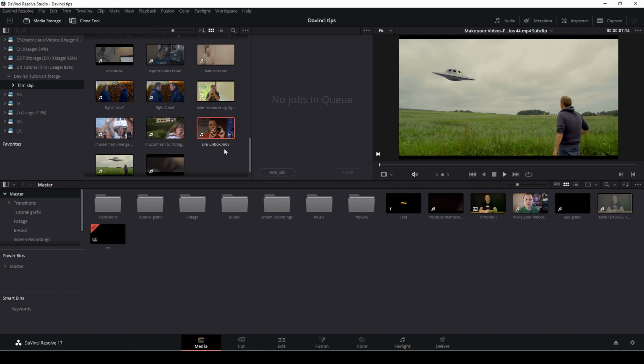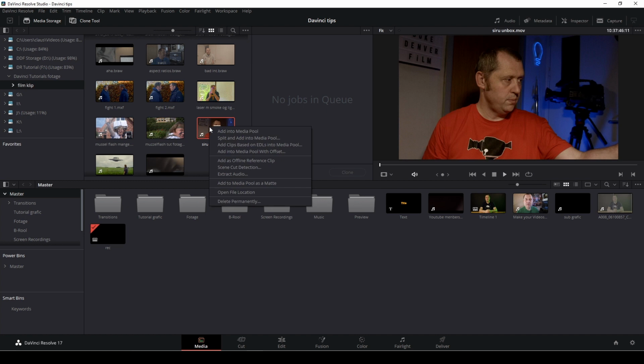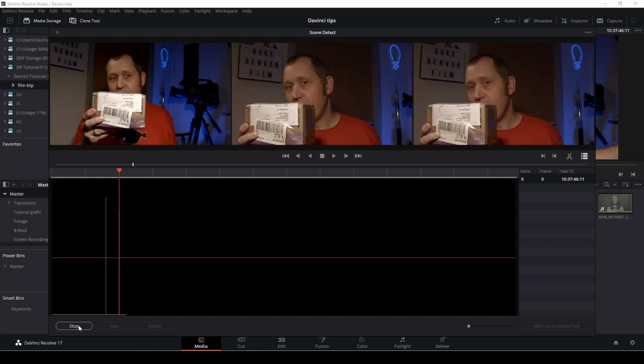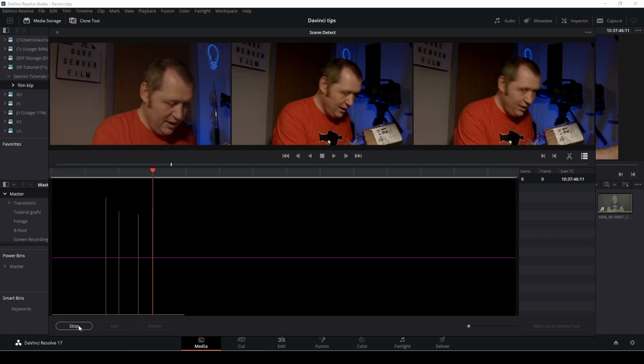So for this example, I have here a recording of a review I did, and back then I recorded this with the ATEM Mini and 2 cameras, and then I did this technique every time to do the color grading, and it's the same thing here. So I'm going to take my clip here, right click, and select Scene Cut Detection. And now we have this menu here, and it's pretty straightforward actually. We're just going to use Auto Scene Detect, and now DaVinci Resolve will run through the clip and decide where